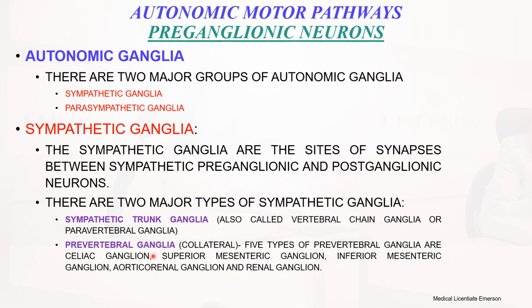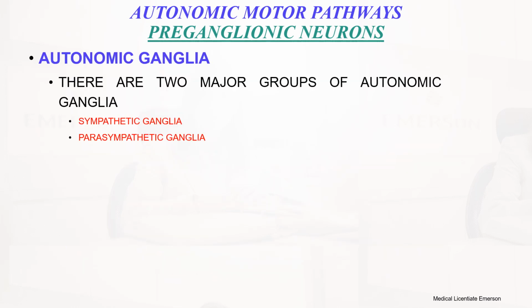You also have the prevertebral ganglia, which is of course a collateral one, and there are 5 types of prevertebral ganglia: celiac ganglia, superior mesenteric ganglia, inferior mesenteric ganglia, aortorenal ganglia, and the renal ganglia. Okay, then we go to the